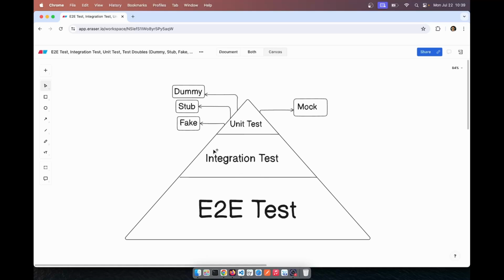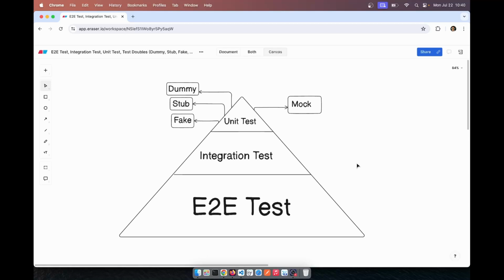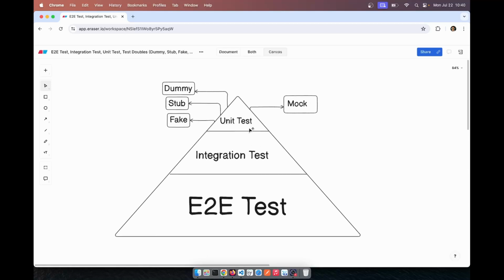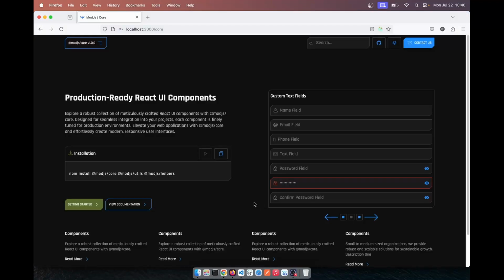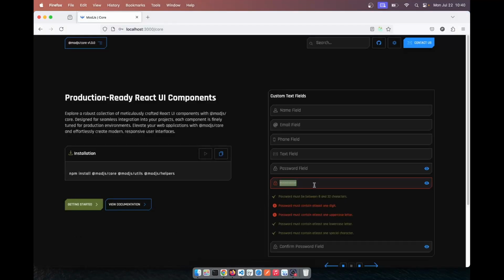And you might be wondering, well, there are so many different kinds of tests, where do other types of tests fit? So let's say, for example, where does component testing fit in this pyramid? From my understanding, from my perspective, I think component testing fits in all three of these, because if we think about component testing, we are testing a single component in complete isolation. So that can also imply that, well, it's basically just like a unit test then. And so maybe it is. But when it comes to integration tests, well, is component testing similar to integration tests? Well, maybe it is, because let's say we are testing this create password field component,